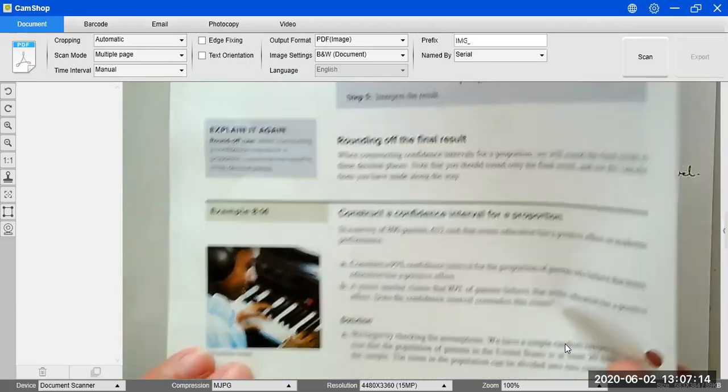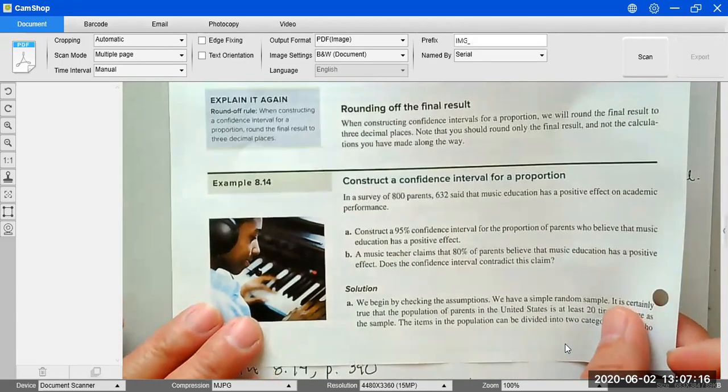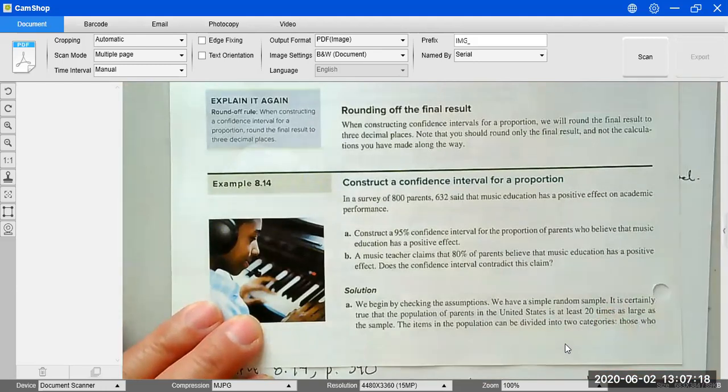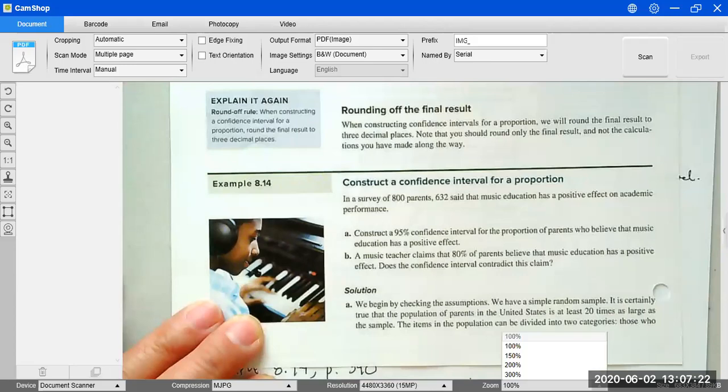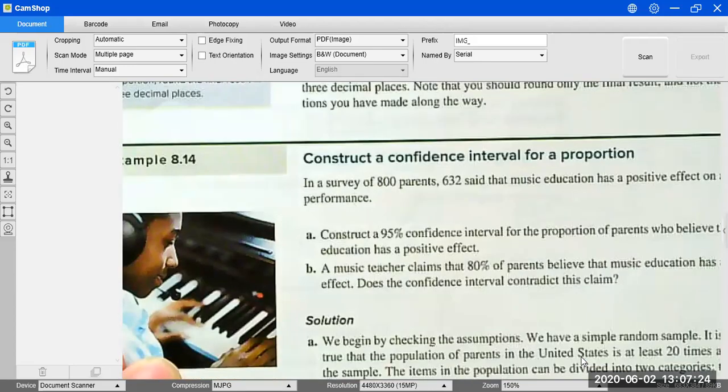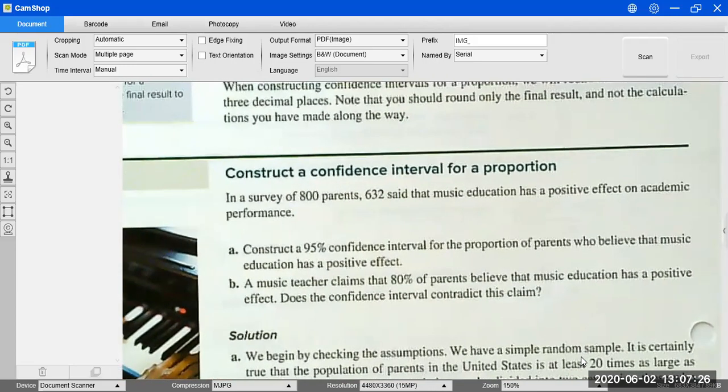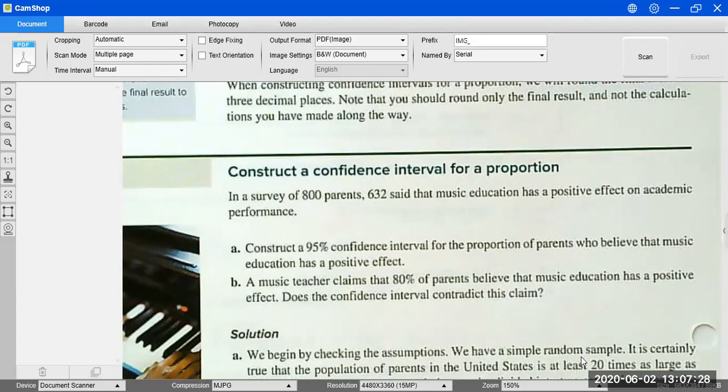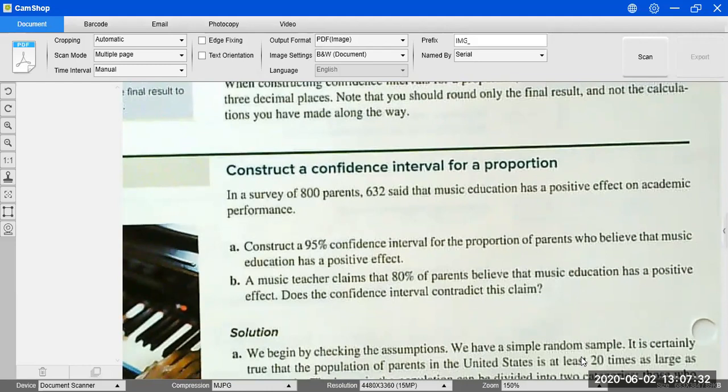We're going to work on example 8.14. Example 8.14 is on page 390. That example says the following. In a survey of 800 parents, 632 said that music education has a positive effect on academic performance. So first, we're going to construct a 95% confidence interval for the proportion of parents who believe that music education